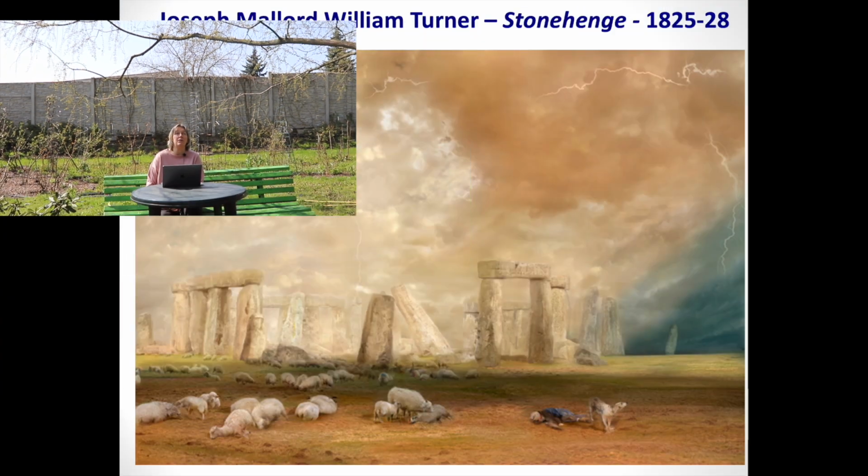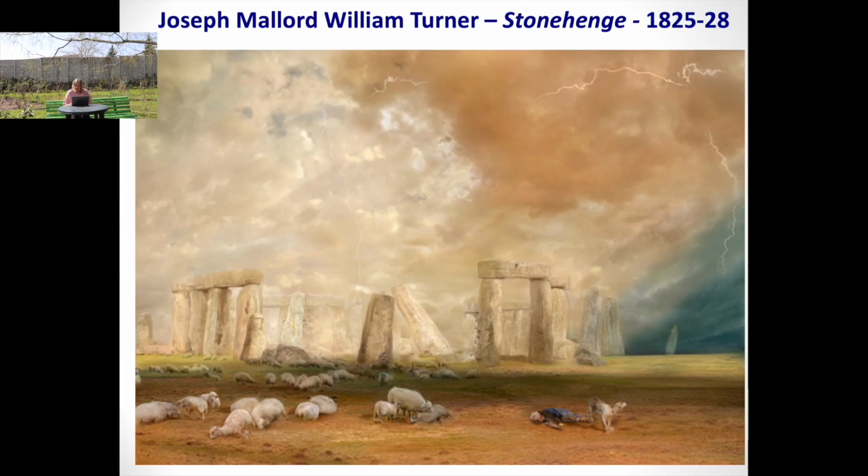probably one of the greatest English painters ever, that is Joseph Mallord William Turner, and we'll start with the view of Stonehenge by Turner again. And it's quite interesting. It has some romantic elements like the storm. You can actually see the lightning, and if you look close in the foreground we have a flock of sheep and the shepherd who's lying on the ground, and a very distressed dog is probably howling next to the man.